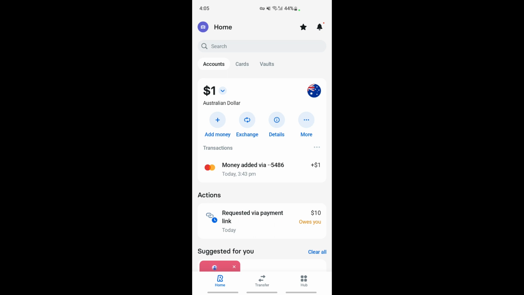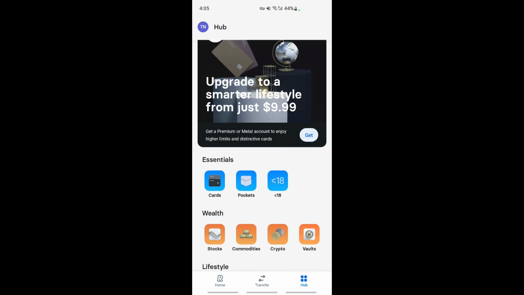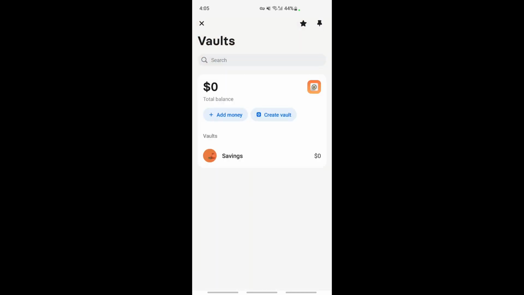recurring payments that you wish to cancel, all you have to do now is simply go to your wallets tab here, or you can click on the hub tab here and then click on your wallets option as well. So you can do that too. Either way you can go for it, and then what you can do here is, let's say,